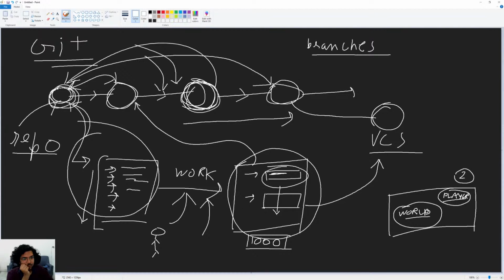This creates a tree-like structure. This is our one node, and then another node, and then we can branch out from here. If someone wants to work on a new feature or a bug fix, this is one state of the software where some changes have been made and some changes are still being made.